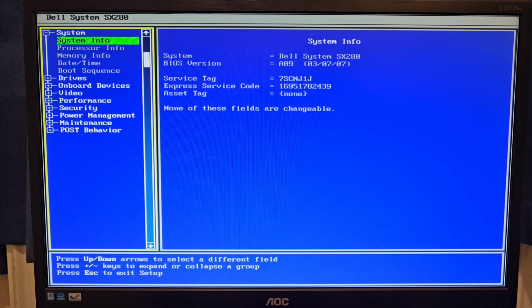What is it? There we go. Yeah, we are using BIOS version A09. When I got this machine, and in the original video that I was trying to make, we were using BIOS version A04, I believe, which I think was the first one, and that had a release date of 2004. This PC seems to have been assembled in later 2005, so yeah, that could explain why it doesn't have any bad caps or anything, but